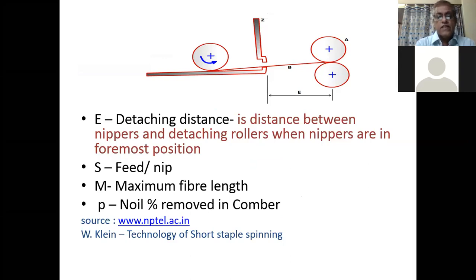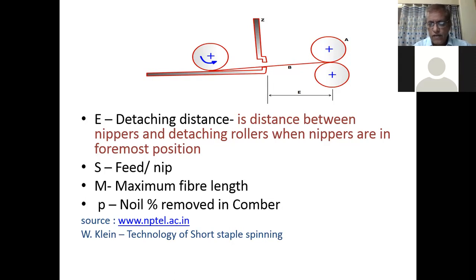We have already studied the combing cycle, and we have seen that counter feed is that feed in which the feeding of the material or lap sheet is done during the backward journey of the nippers, whereas in concurrent feed the feeding of the lap sheet is done during the forward journey of the nippers.